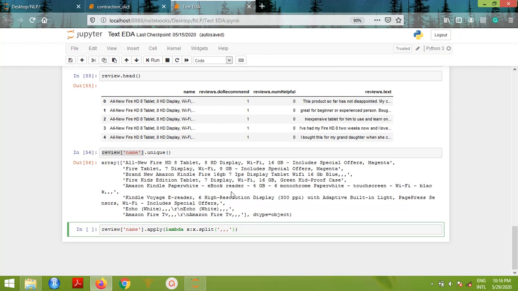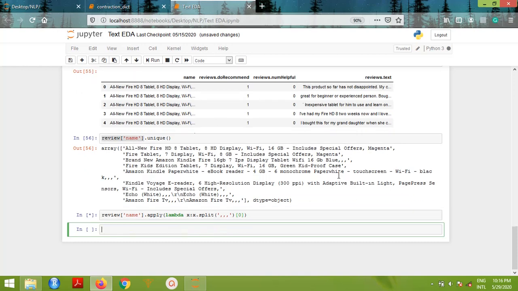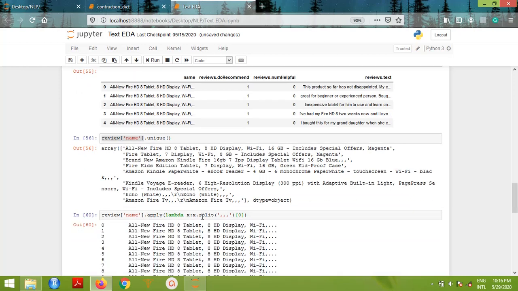We're just interested in the first one. So what we simply do is index it, and of course, Python starts counting from 0. So from here to the first comma is regarded as index 0. So we make use of the square bracket, put our 0 and execute. Okay, so this is it. We are not interested in anything outside